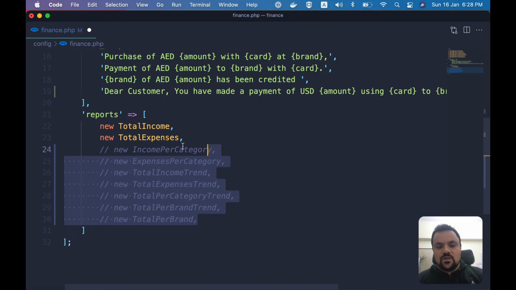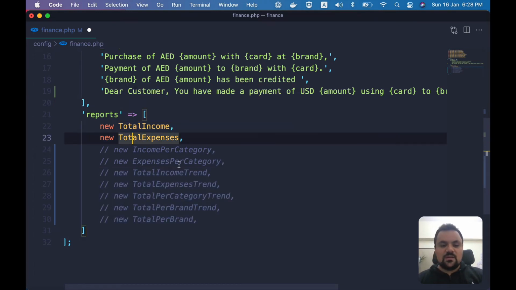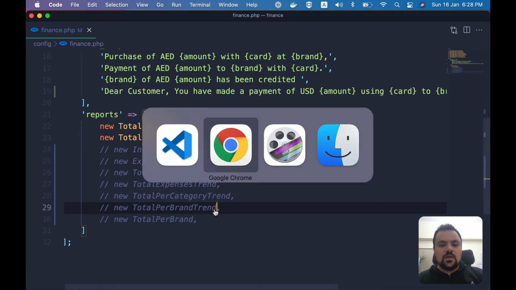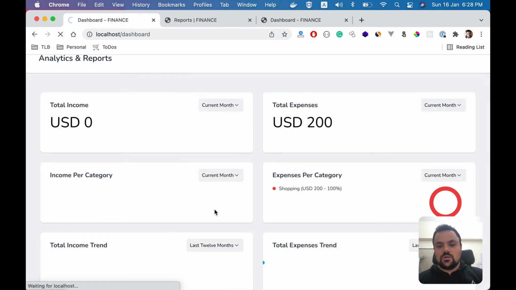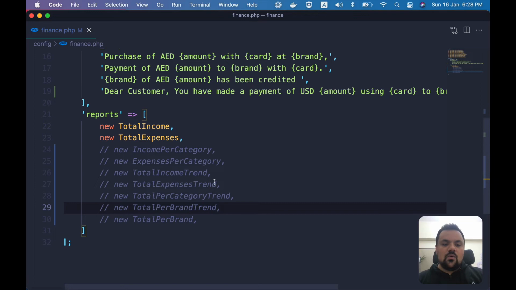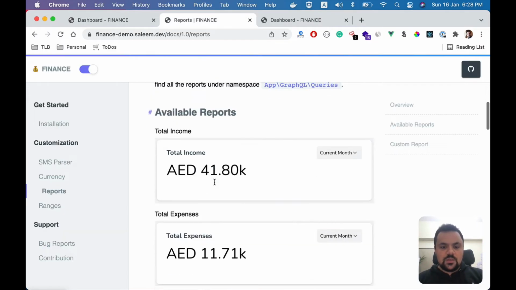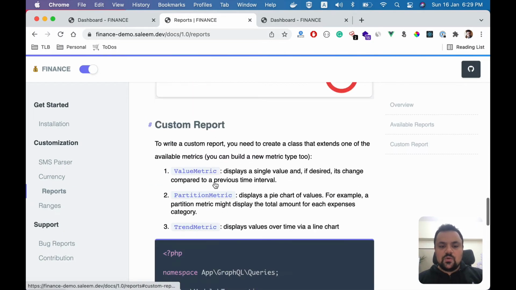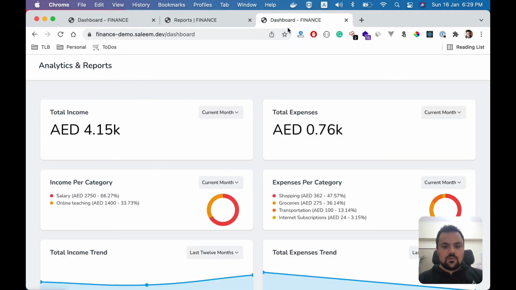I'm going to disable all of this. I'm going to keep just total income and expenses, just comment them out. And if you go now to the dashboard, you will see just the two activated. All right. Now, how to create a custom report? All right. You need to decide first what type of report you want to generate. Either just a value, or partition, or trend over the last couple of months or last couple of days,